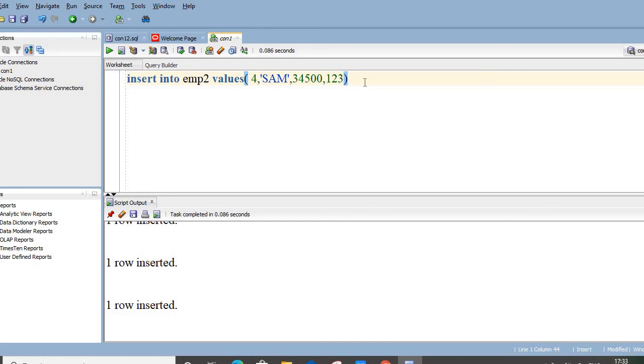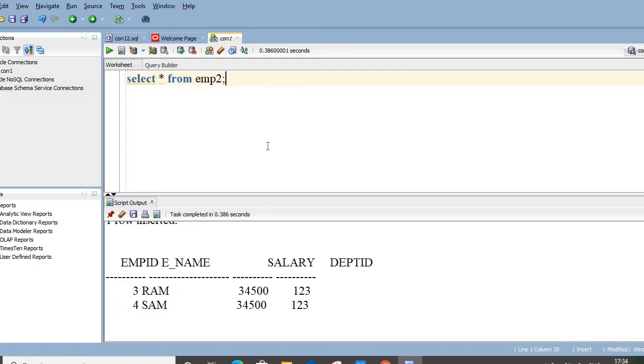So now see what is stored in this emp table. We have entered these 2 values. They are working in the same department. Their employee IDs are different. Now try to delete something from the department table. Let us say I want to delete this department 1, 2, 3 from the department table.